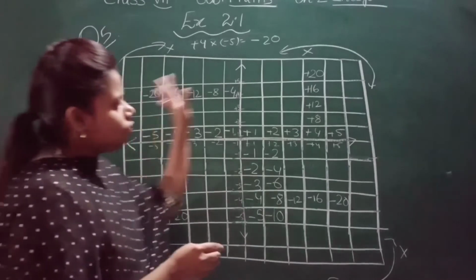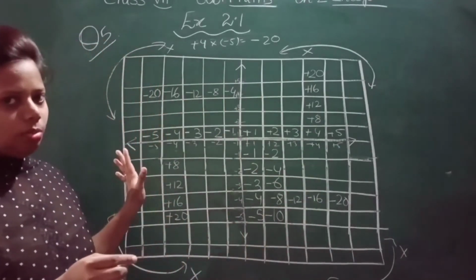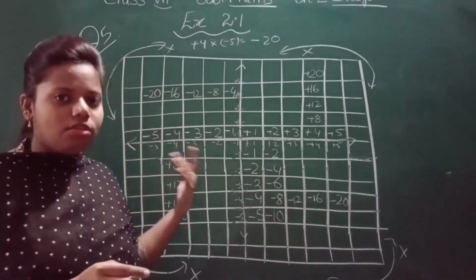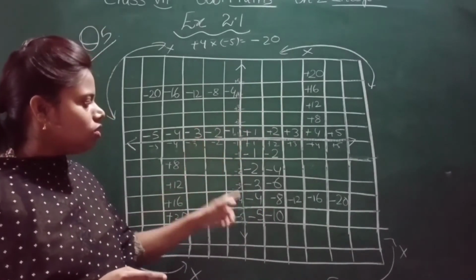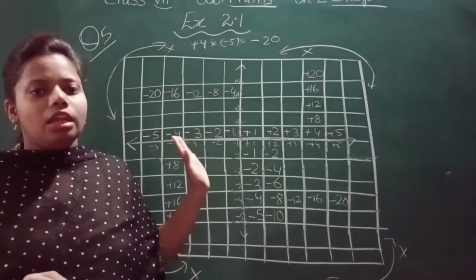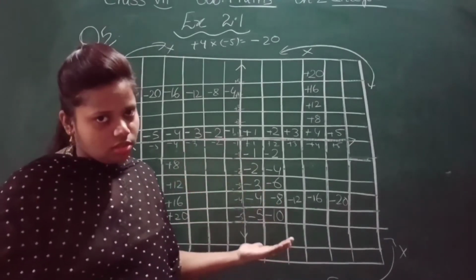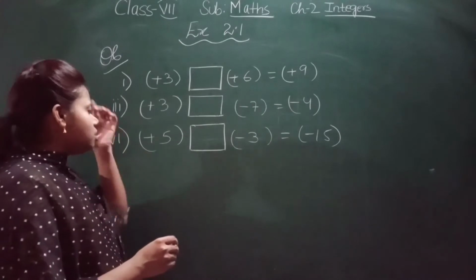So what you have to do is fill all this multiplication table. Okay, so again I will tell you, don't get confused. Multiply this into this, this into this, this into this, this into this. Okay, now let us see what is question number 6. Question number 6, fill in the correct signs to make the following statement true. So you can see here that this is question number 6.